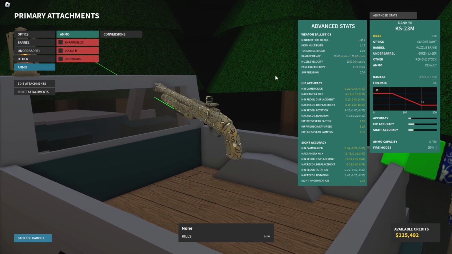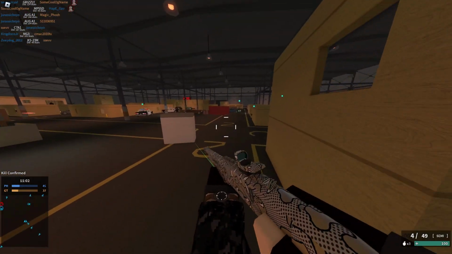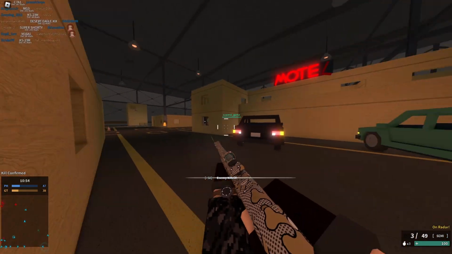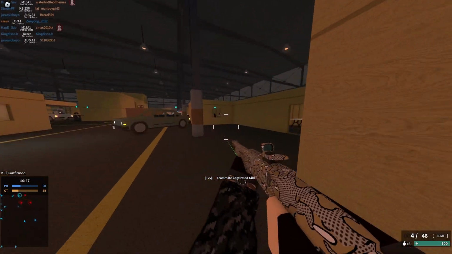KS-23M actually got a buff. It has better minimum damage as well as reduced spread, which is kind of crazy considering it's the KS-23M. I don't think any kind of buff is going to be going over well with the community at all because it's already super powerful. This should make it better for range, but I feel like it was already pretty good